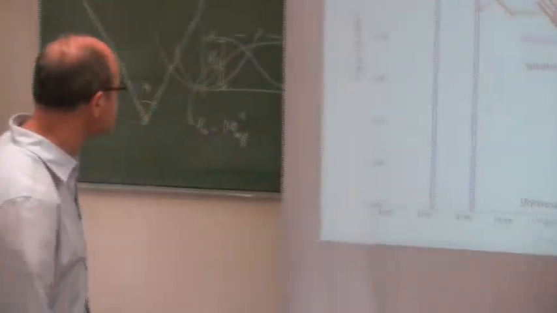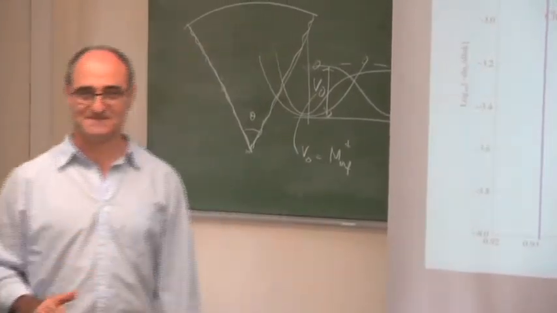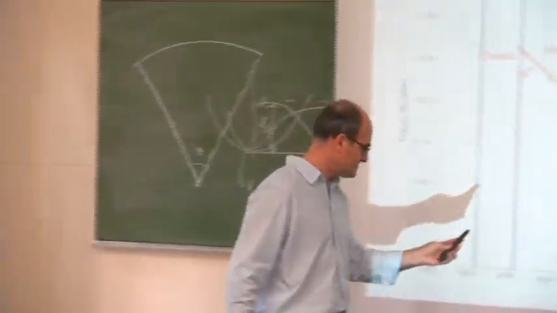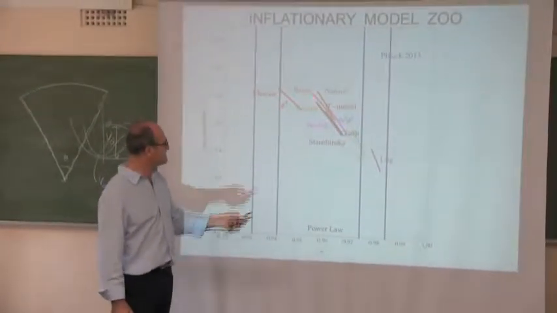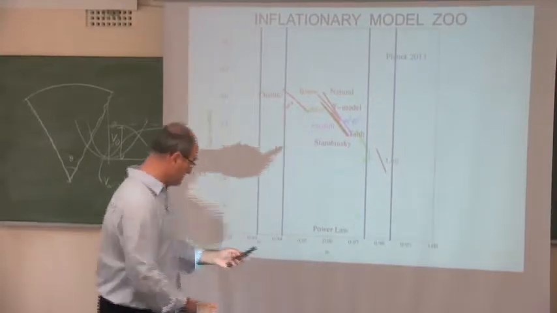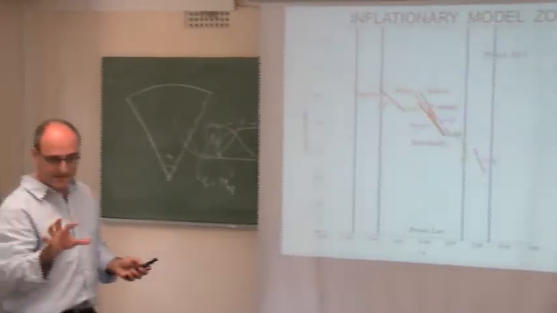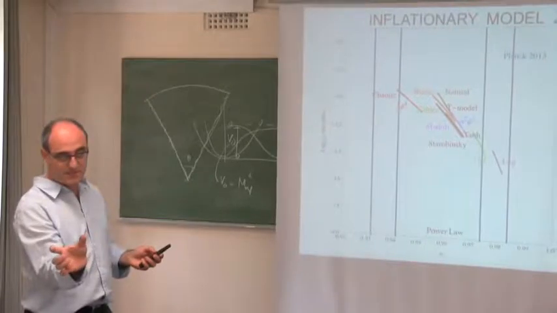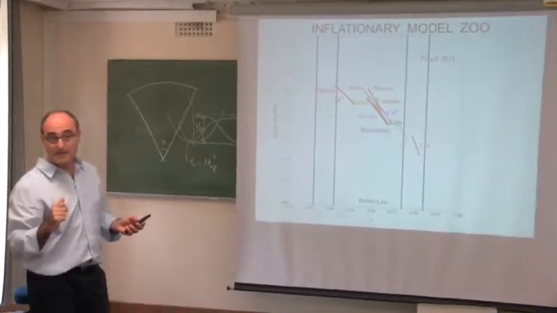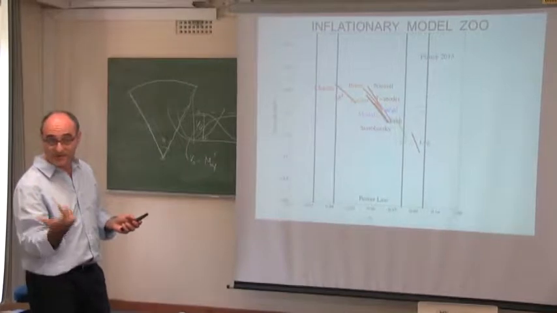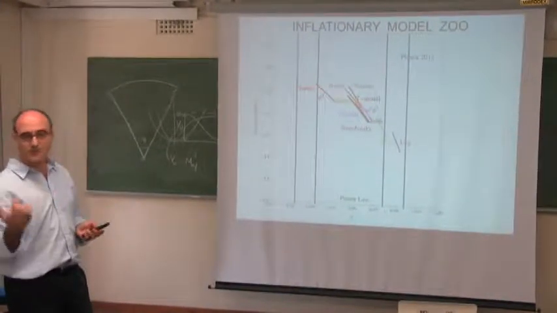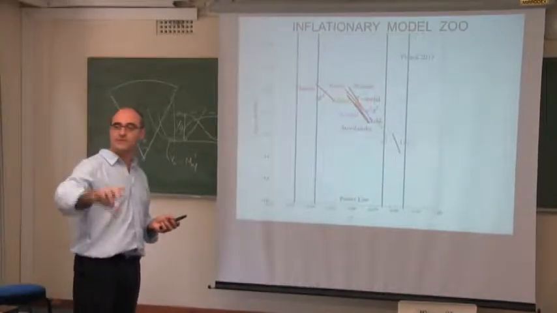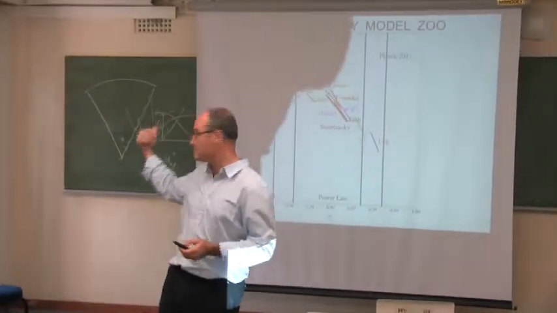Yes, for each of these models, you're drawing a little line. What parameters vary? The number of e-folds, from 50 to 60. Thanks for pointing that out, I should have said. Some models, the range is larger. But still, 50 to 60 is described here as a variation because we don't know the way the reheating of the universe occurred. If it's very fast, then it's not 50 but 60. And if it's very slow, then it will be 50. It depends very much on the reheating temperature compared to the scale of inflation.